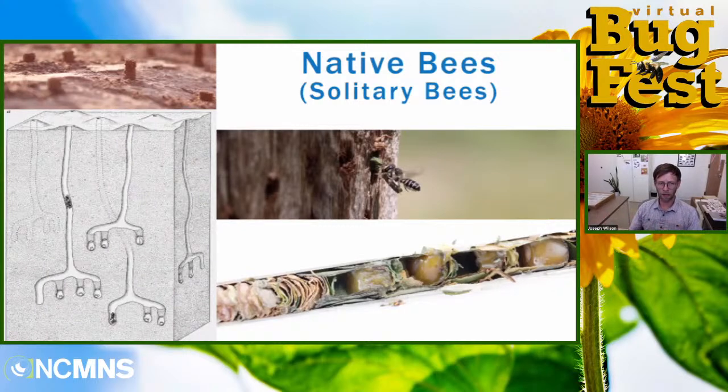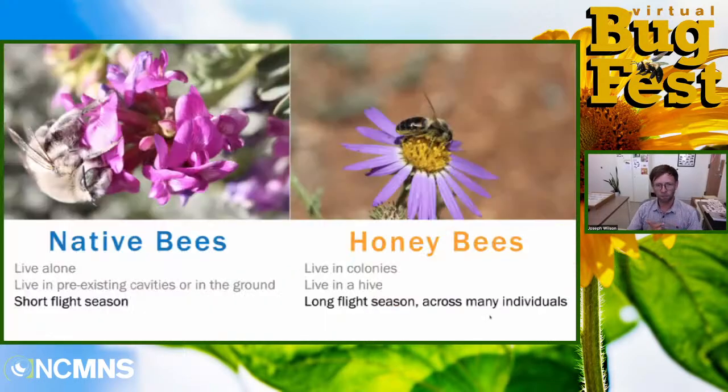Inside those solitary bee nests, either in a cavity nesting bee or a ground nesting bee, there's generally a long tunnel, and then they have little nurseries where they put pollen and nectar and lay an egg. So a single female bee will make several rooms and lay eggs in these ground nests on the left. On the right, that's the inside of one of these cavity nesting bee nests, and you can see there are 4 different nurseries in here with pollen and nectar on it. And then if you look at that farthest one on the right, there's a baby bee. It's a bee larva on that pollen mass. So most native bees are solitary.